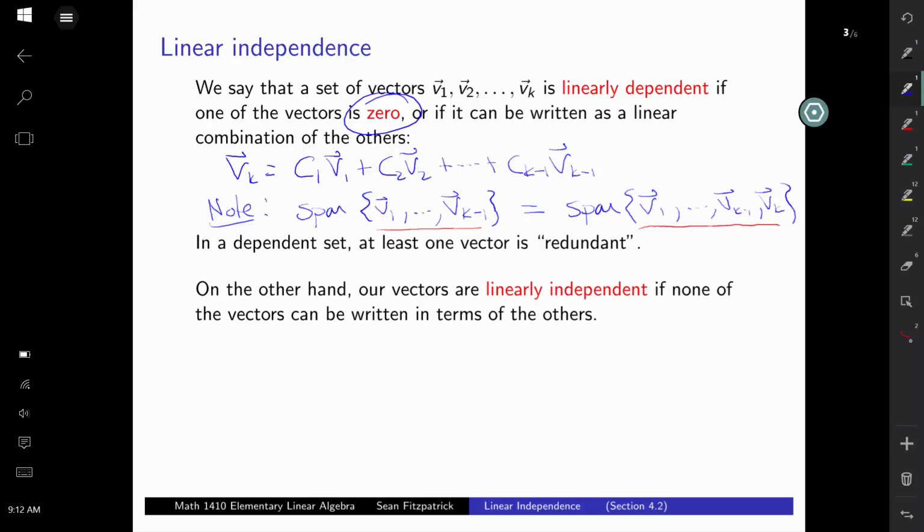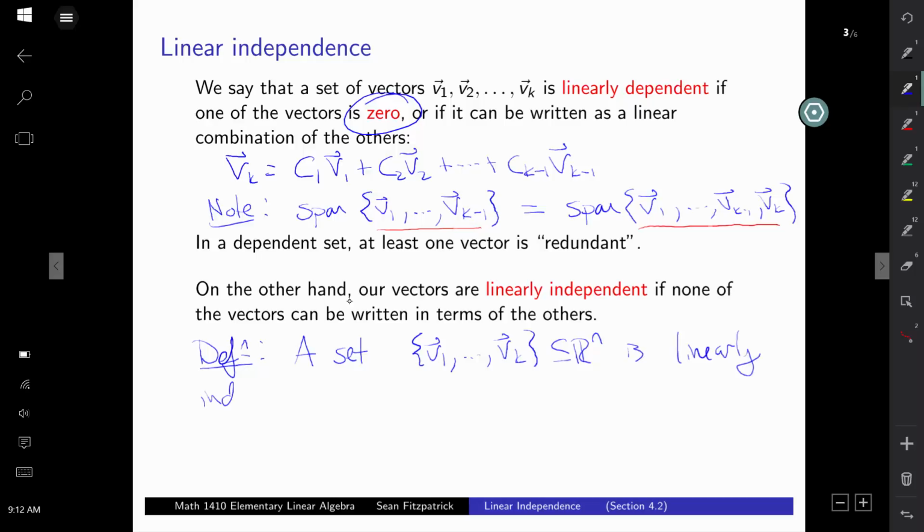All right. So linearly independent means that none of the vectors can be written in terms of the others. One of the ways that you can rephrase this is you can make the definition as follows. So you might say that a set v1 up to vk of vectors in, let's say, Rn is going to be linearly independent. Let's underline that. That's the term we want to define. It's linearly independent if